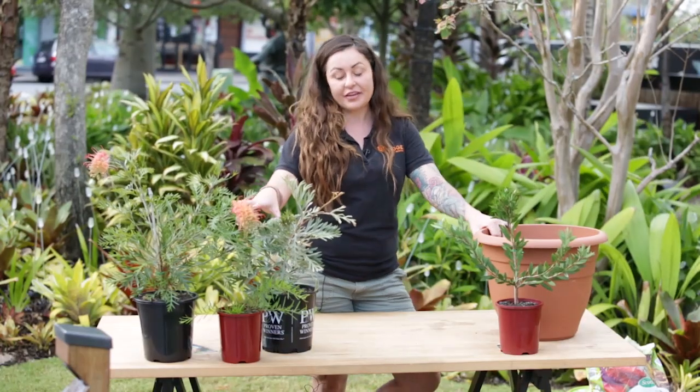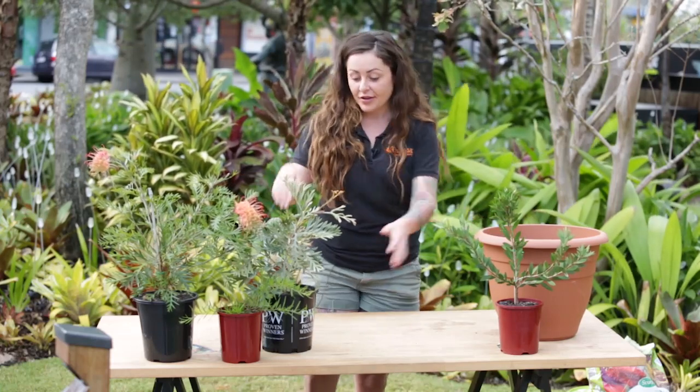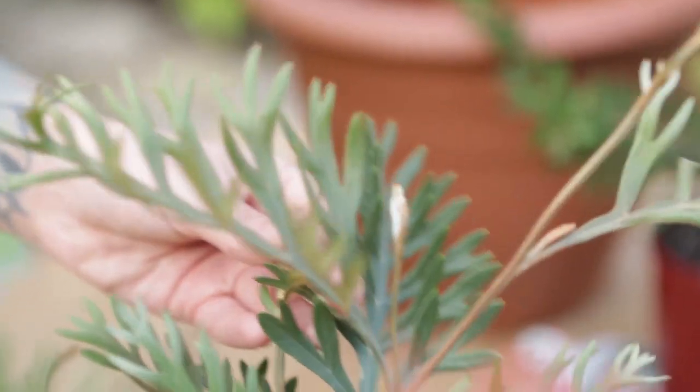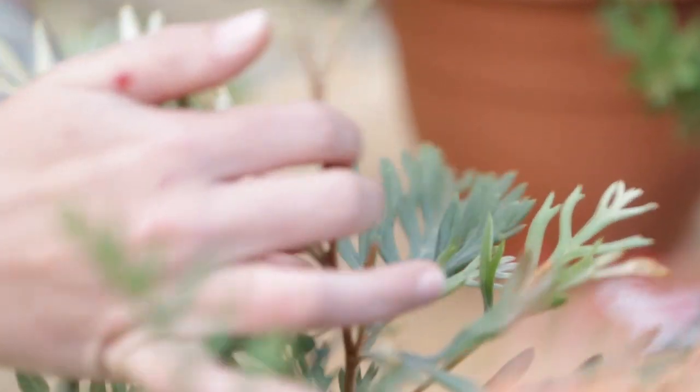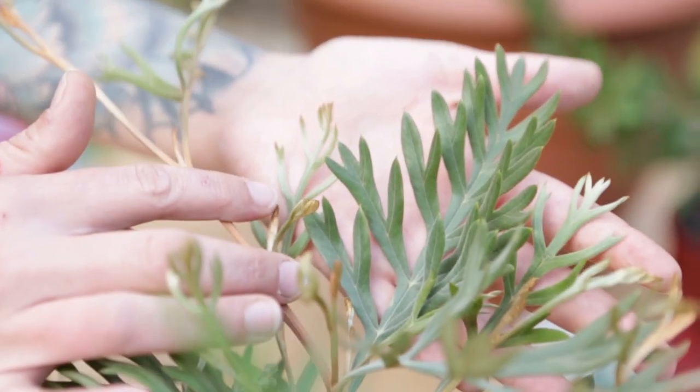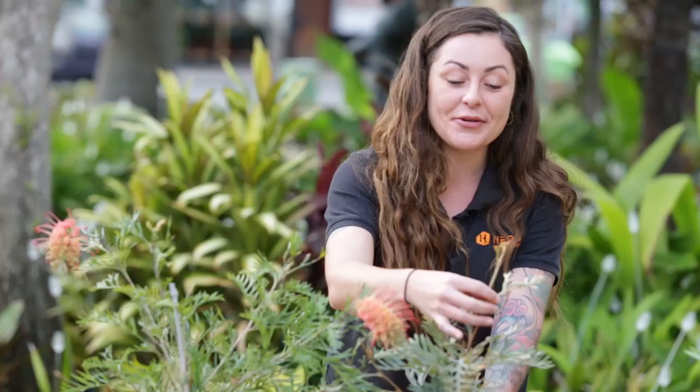I have three selections of grevilleas. This grevillea is called a Dorothy Gordon grevillea. As you can see, the texture of the leaf is a lot more silver than these others, and it's got a little bit of a softer tone through it. So the Dorothy Gordon grevillea has beautiful big purple flowers. Bees are actually attracted to the colour purple, so they work really well in attracting lots of native bees into